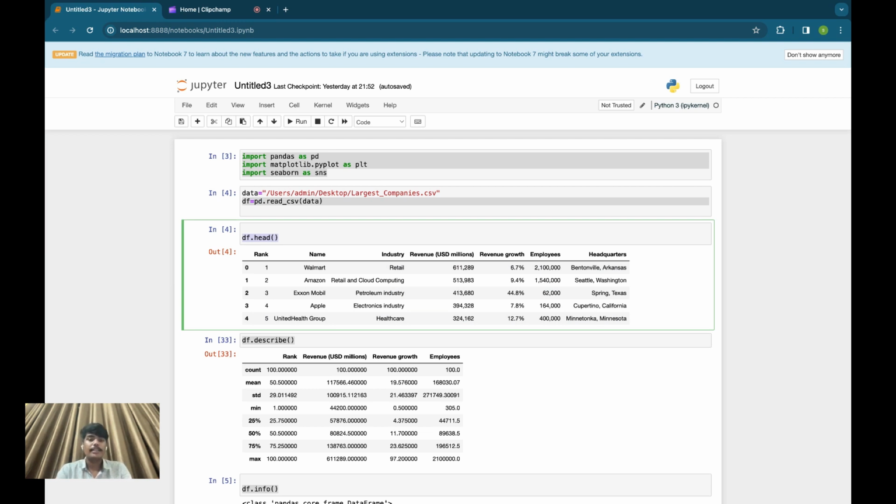df.head provides us the data in 5 lines. It doesn't provide the whole data, but it just gives a glimpse of the outline of the data in 5 lines. See, the rank is one, and the name of the company is Walmart, and which industry is it? It is the retail industry. Its revenue in USD millions is 611,289. Its revenue growth per year is 6.7%, and it has a total number of employees as